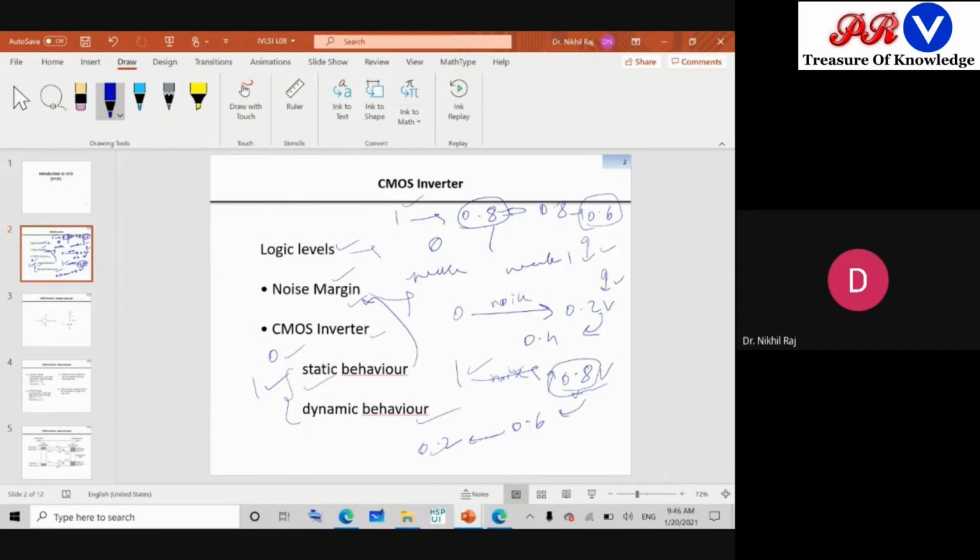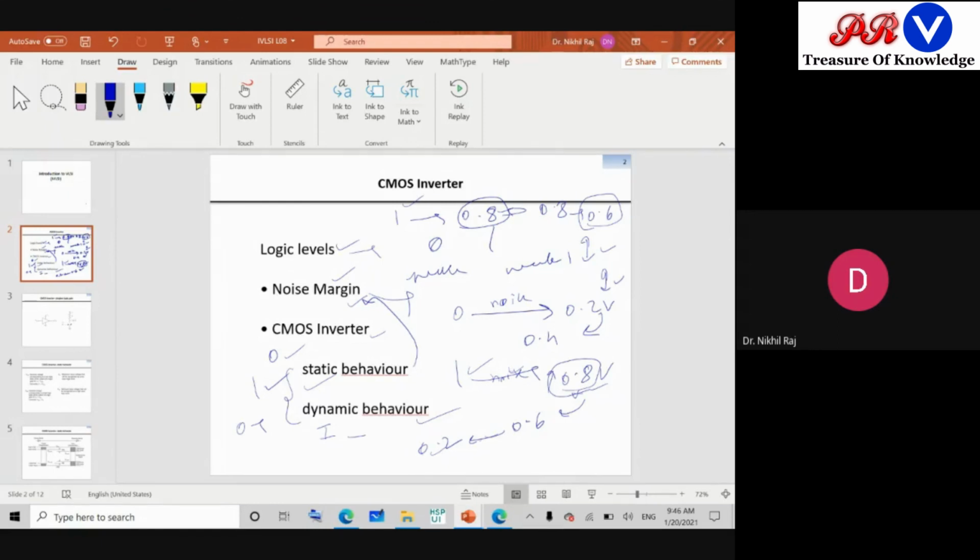Dynamic means which is changing with respect to time. Now in the logic circuitry, for example an inverter, what is changing with time? With time my logic levels are changing, because when we go from 0 to 1, definitely my capacitor is getting charged or discharged. So when my capacitor is charging or discharging, it depends upon the RC delay. It is nothing but your RC circuit. R is of your transistor. So how much charging time is there, how much discharging time is there.